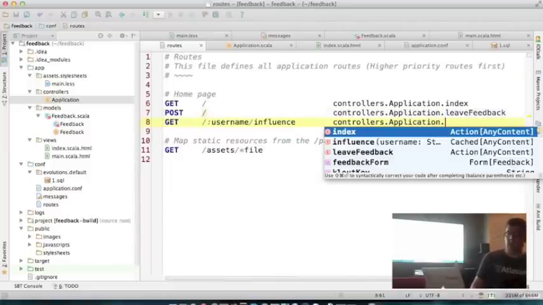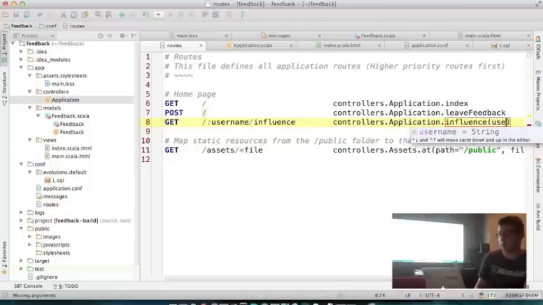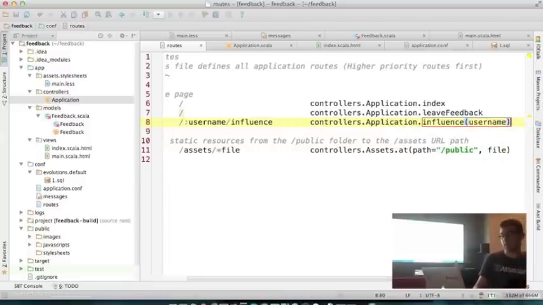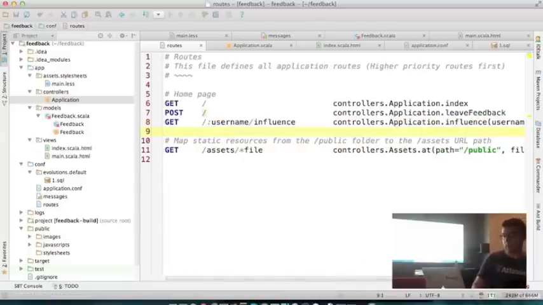And here you can see that I've parameterized the URI with a username parameter, and then I can look up the influence for that username, and then I can pass that parameter into the influence method. So now we've got our influence route. Let's use that. So I'm now going to write some JavaScript to load this asynchronously when